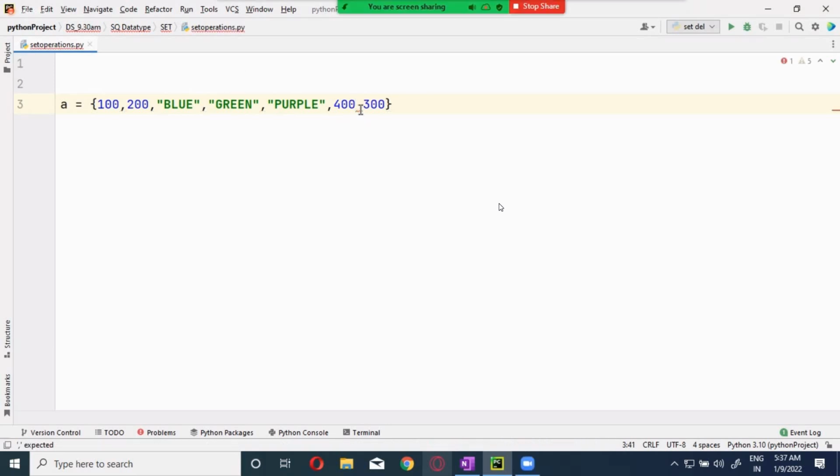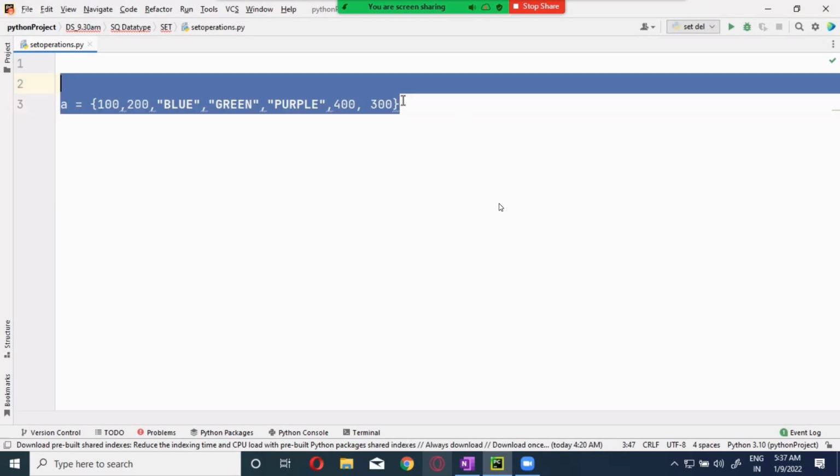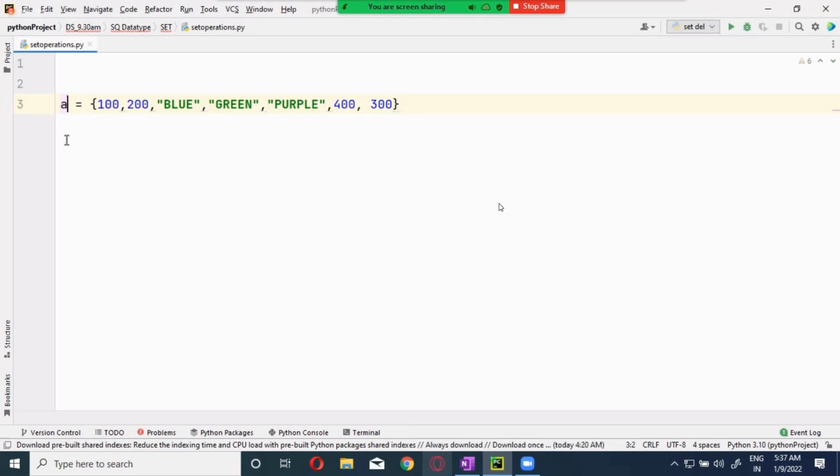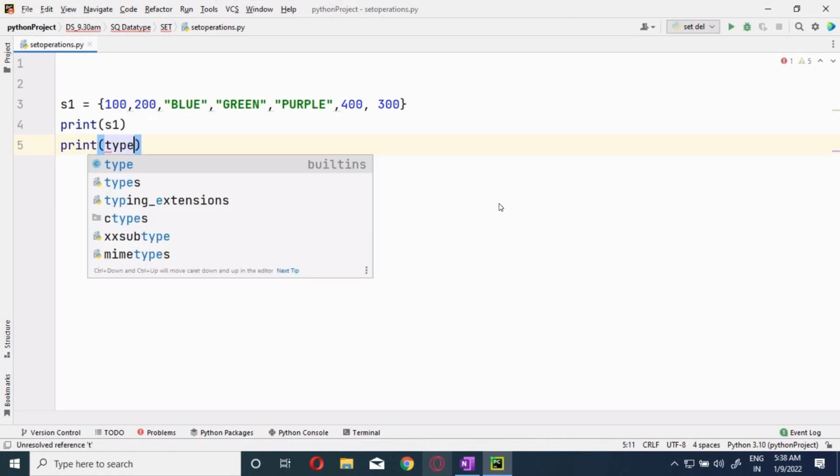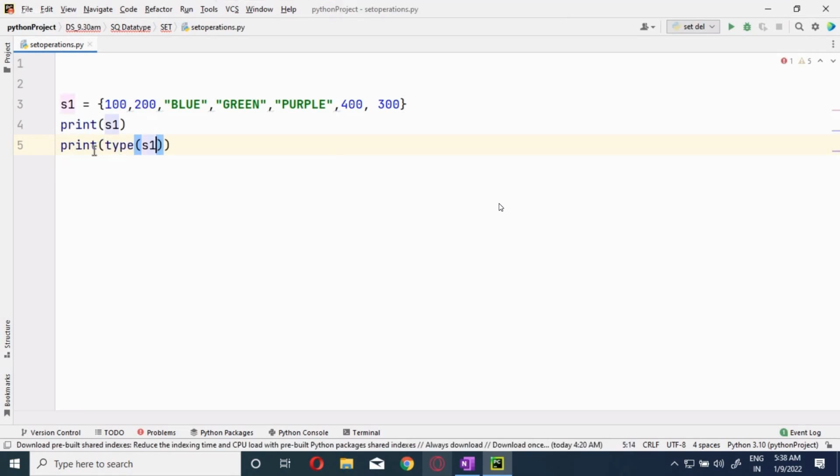So we have 4 numbers and 3 colors, string type over here. Now let me print it. I will keep it as S1 so that it is easy for us to discuss. Print S1 and print type of S1. Let me run this one.